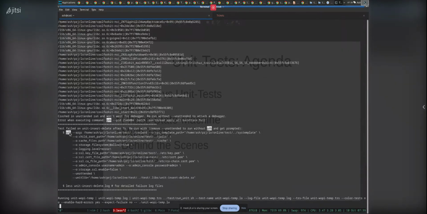In fact, it's conveniently allowing you to run the test that failed under GDB in case you need to reproduce something under the debugger. But as you can see, these command line arguments are generic. The key one that we're interested in is this last one, which is the dash dash unit lib,